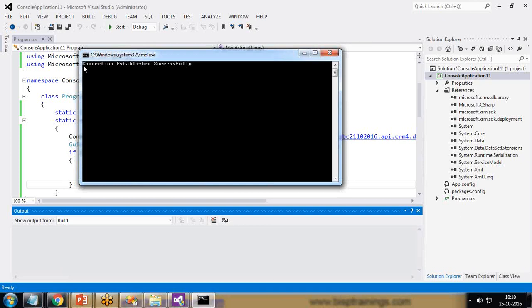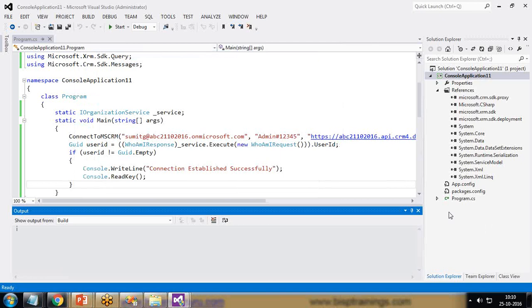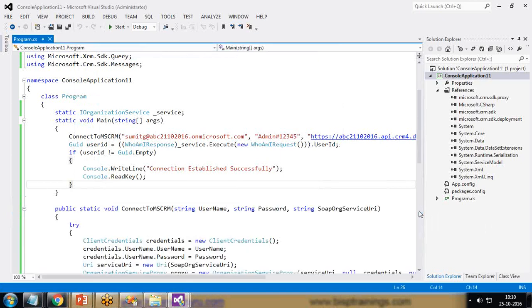So you see, I got a confirmation message, connection established successfully. It means I'm successfully connected to Dynamic CRM by using my console application. Now I'm going to continue with this application, because our final requirement is to get the record from Dynamic CRM from the contact